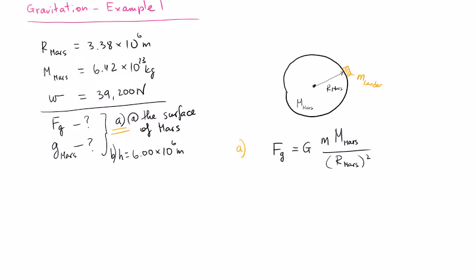Now, we have everything, but we don't have the mass of the lander. We have the weight of the lander, and we know that the weight of the lander on Earth equals the mass of the lander times g on Earth, which we already know. So the mass of the lander will be the weight on Earth of that lander over g on Earth, which is, let's plug in the numbers,